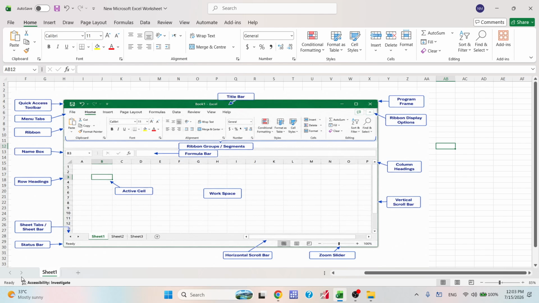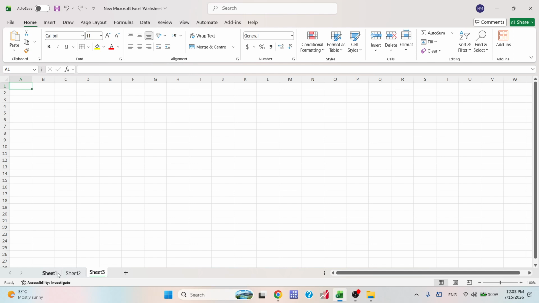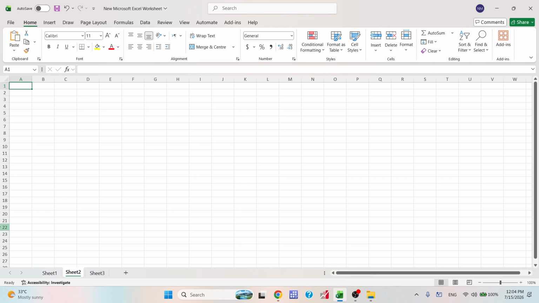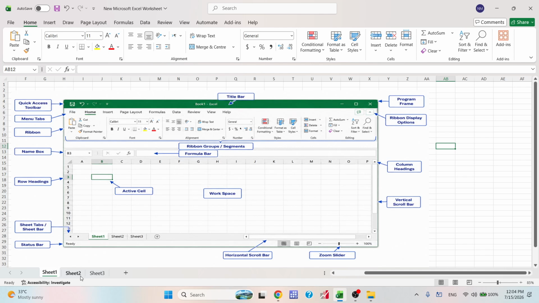At the bottom of the sheet, you can see that there are sheet tabs. You can increase them if you want to add more sheets. Simply click on this, and it will create more sheets. This whole area on which you are working is called the working space. So you can increase or decrease the number of sheets from this area here. This is called sheet tabs or sheet bar, and